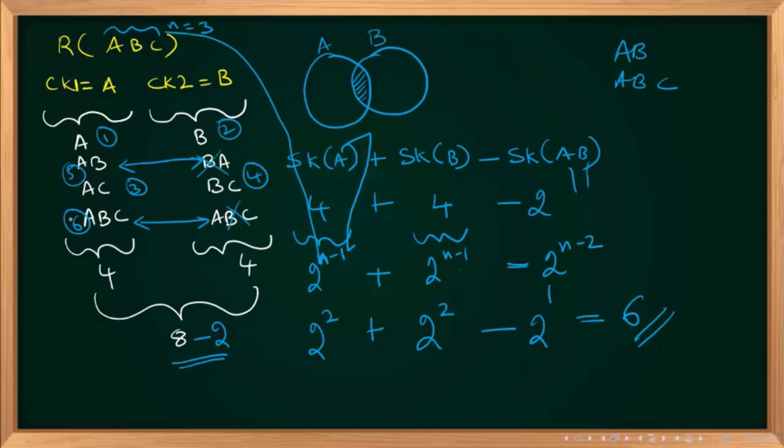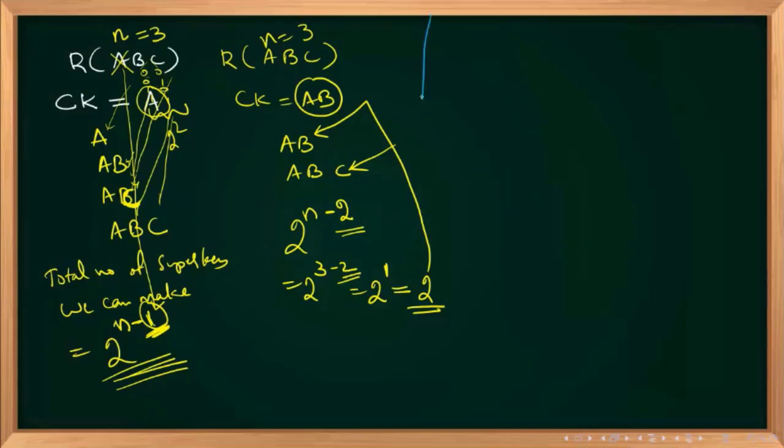Is it clear? Can I see some yes? Very good, very good. That is the idea. Now I'll give a problem to you. You can do it. I'll generalize one thing. Here I will write. You tell me, relation A1, A2, A3 up to AN. That means n attributes are there.